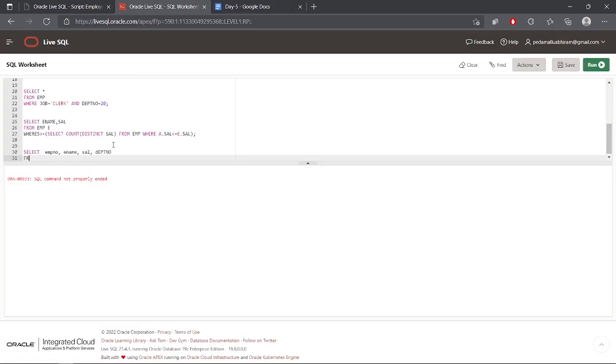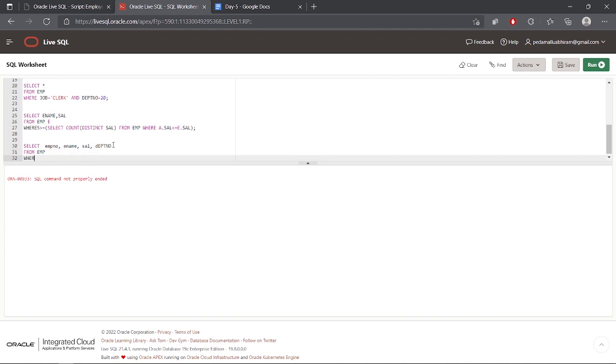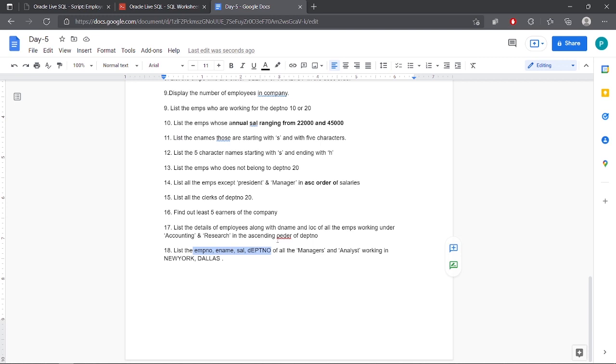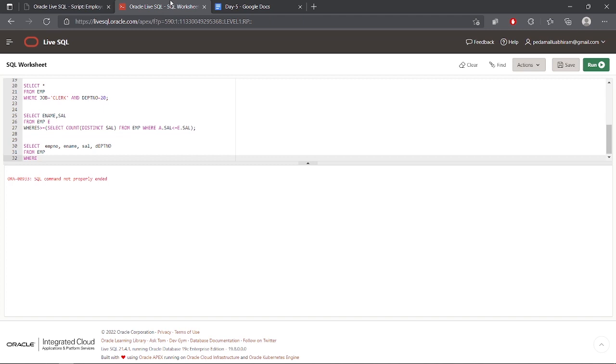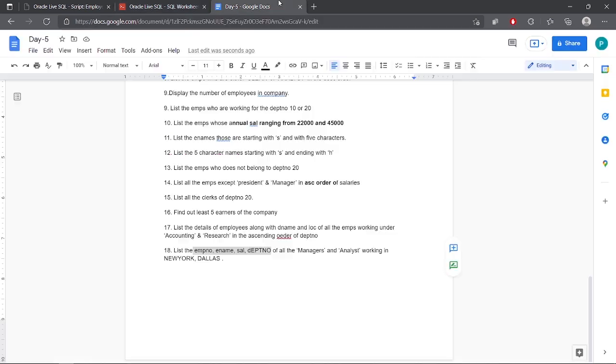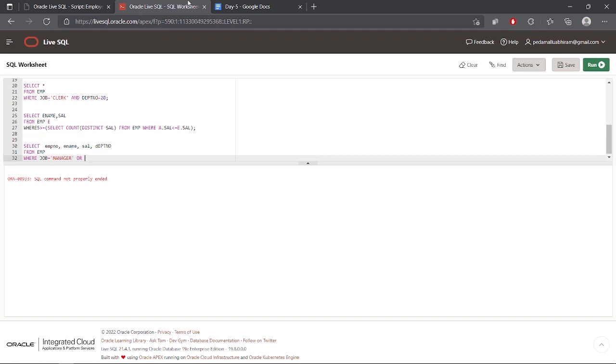Select EMP number from EMP where. For this query, we are going to use two conditions. If there are managers or analysts working in New York or Dallas, so job equal to manager or, okay, see the condition over here is it should be manager or analyst. One person cannot have the job as manager and as well as the analyst. So either they are manager or they are analyst. So here we are going to use the word or. Or job equal to analyst